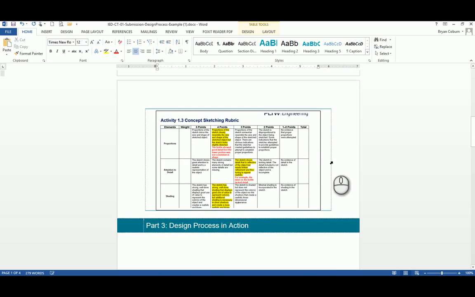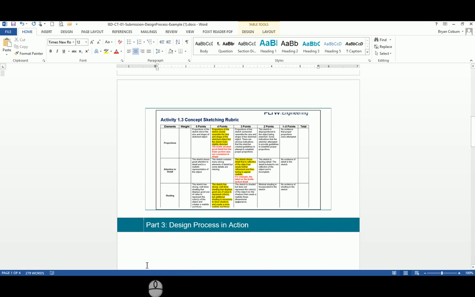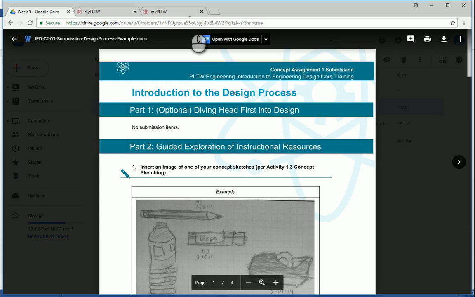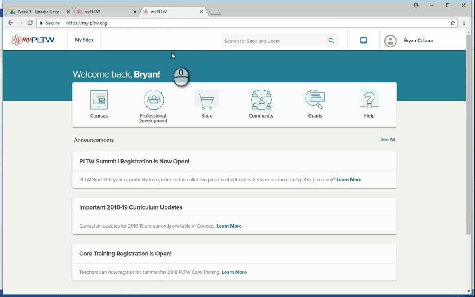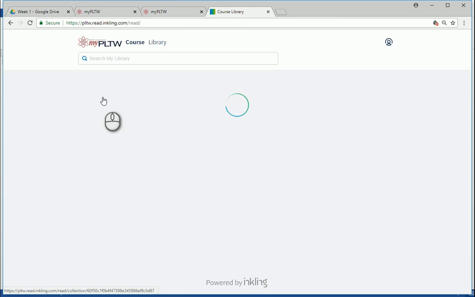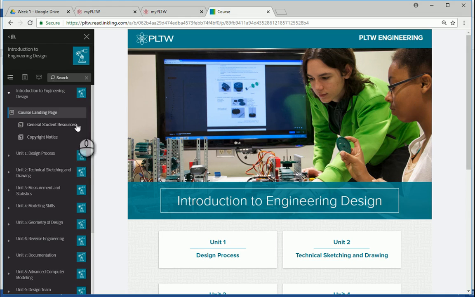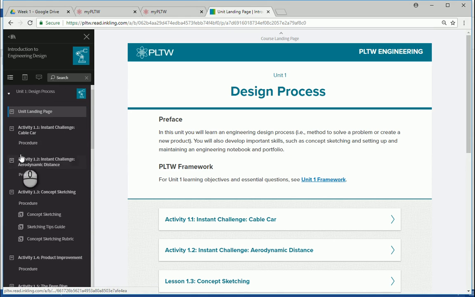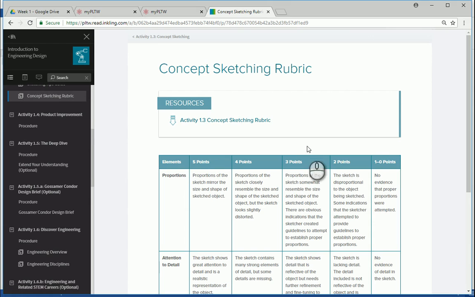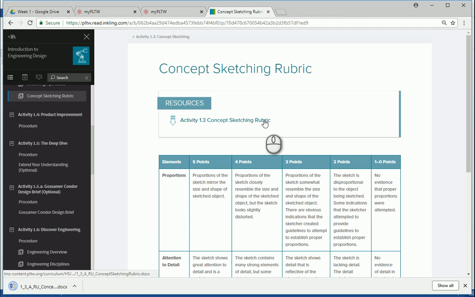The second part you're going to have to do is a rubric. So for the rubric, you need to go back to My Project Lead the Way. You're going to go to Courses. And once it finishes loading up, we're going to go to Introduction to Engineering Design, the student course. We're going to go to Unit 1, expand it. Scroll down till we see the concept sketching rubric, and then you'll download that file. And once that file is finished downloading, double-click on it,